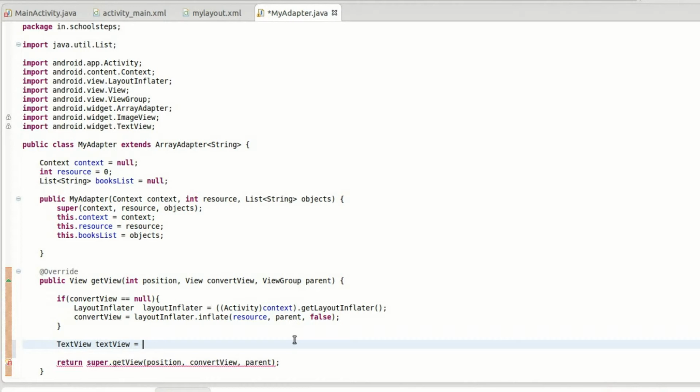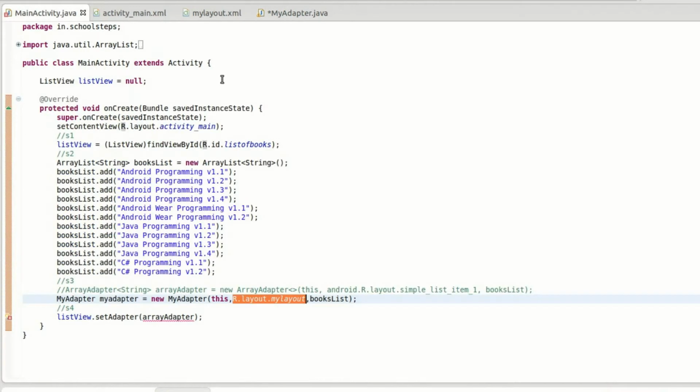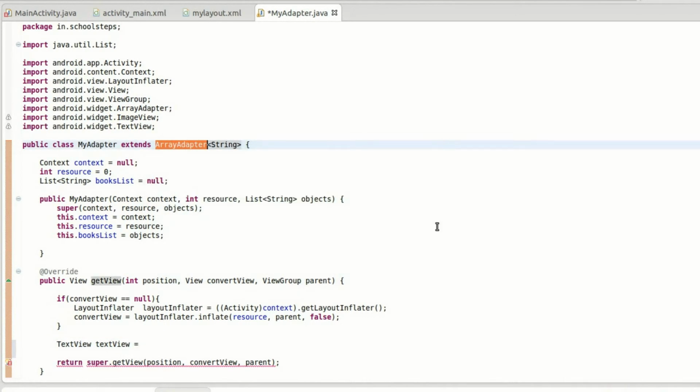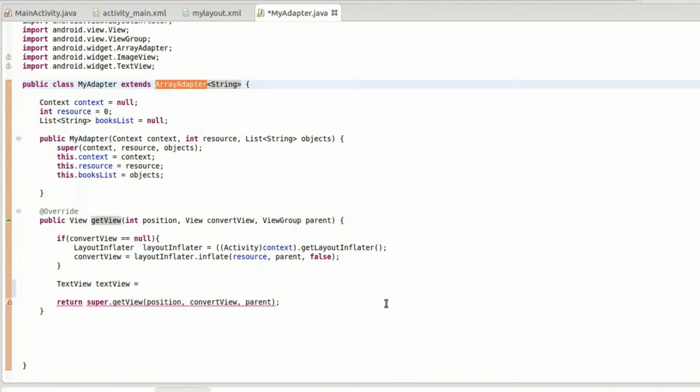Now this method will not work directly here because generally we do it in the main activity, and main activity extends the activity. Now the method findViewById is part of the class activity. Here in my adapter we are extending the array adapter. So to use the findViewById method, we need to take help from the convertView.